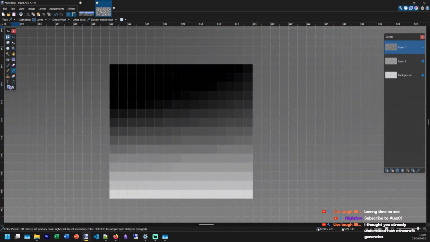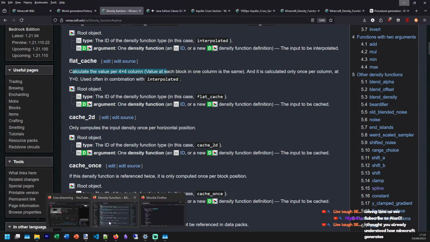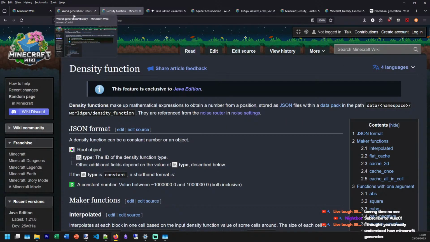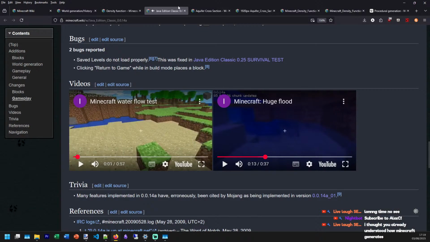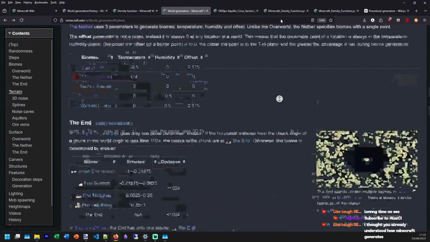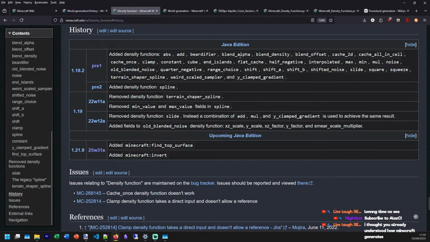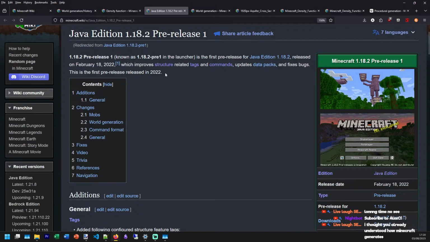So I think what's going on is basically that. Good to know, huh? So that's how the actual terrain generated, and then we have our biome stuff. This whole thing's just falling apart. Or in the history. I wonder if there's anything in the history that will help us. Oh, that took a second.